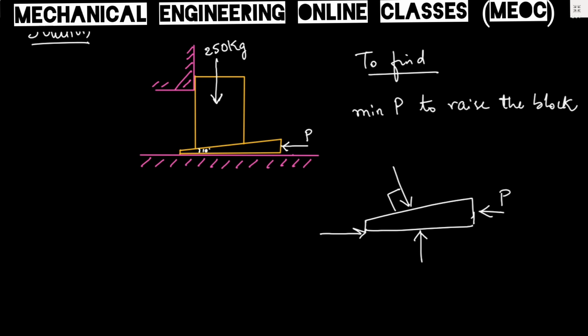So we have to know all these forces in order to find P. This normal reaction and this friction, this one and this one, are independent of the block, but we need at least this value from the block FBD. So in order to find P, we have to first draw the FBD of the block, from where we can find the reaction on the wedge from the block. So let us start with drawing the FBD of the block.